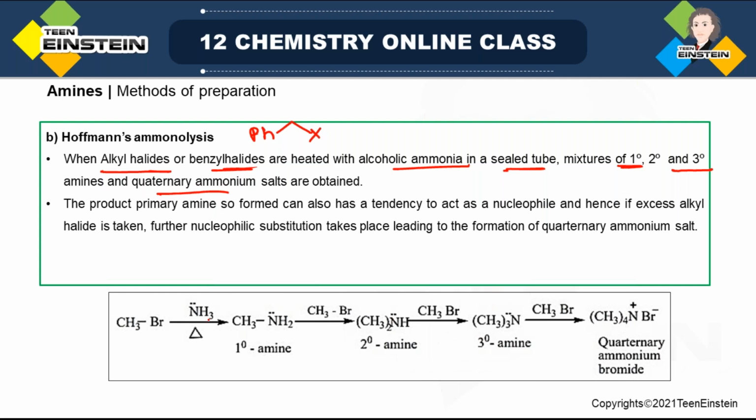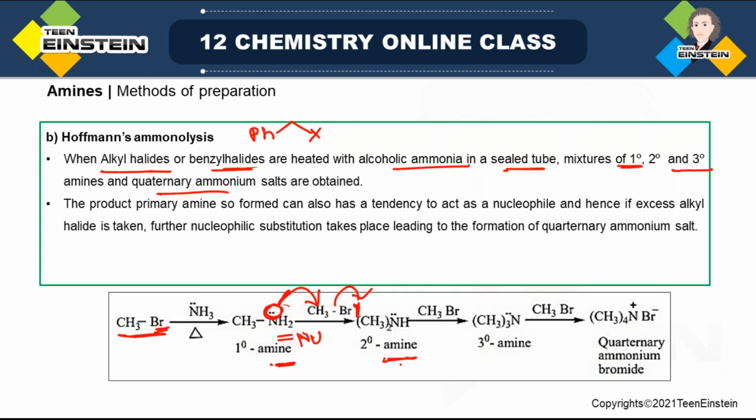So suppose you have started from methyl bromide, you are treating it with ammonia. So that is what is ammonolysis. So first this Br will be replaced by NH2, and H and Br together will be HBr. So you are getting 1 degree amine. But suppose you have excess methyl bromide. Now this 1 degree amine will behave as a nucleophile. So this lone pair can again attack this methyl. Br will be removed as HBr, and now you are getting